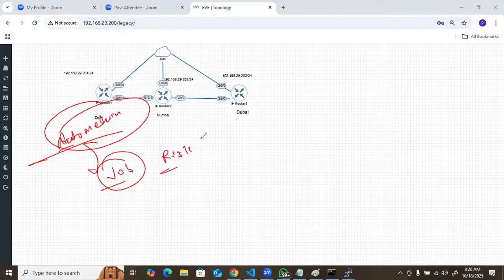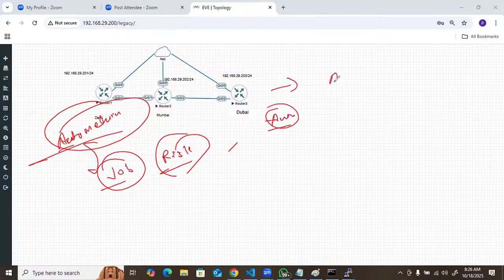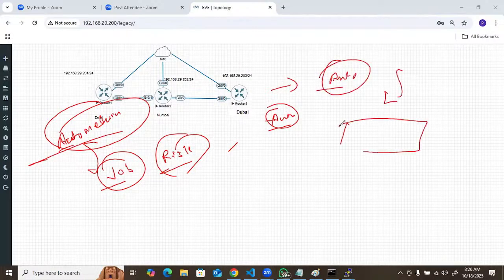Is it possible, guys, that the automation can do the troubleshooting? Yes. Automation can do the troubleshooting. No. Automation is not going to do the troubleshooting itself. Using the automation, whatever information is required for the troubleshooting, you can get it on the dashboard.